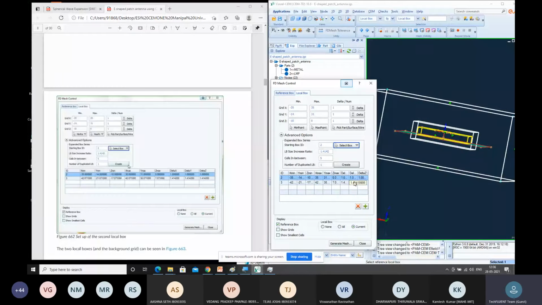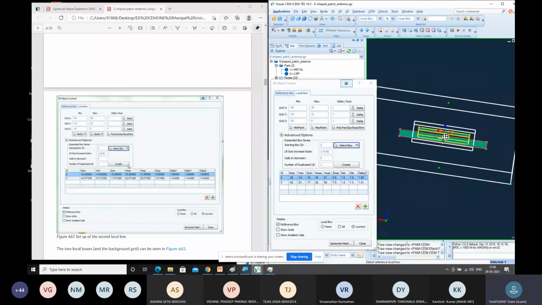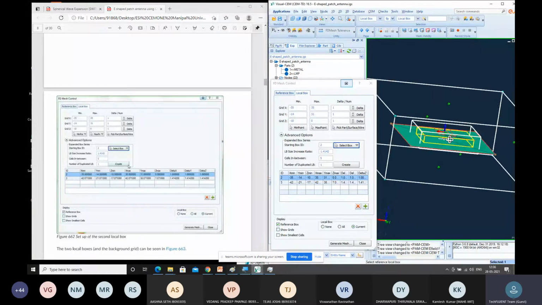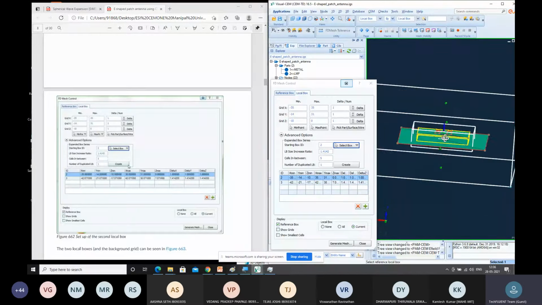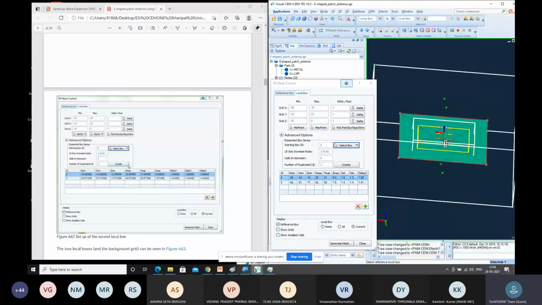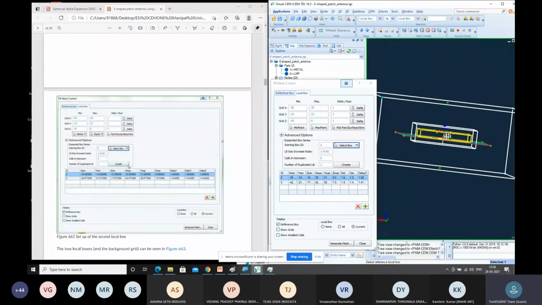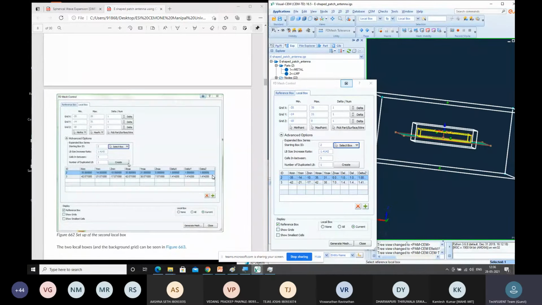So you can see we have got one more box also, which is approximately covering some extra distance. Or else you can use some extra spacing also, wherein you'll be getting the final outcome.